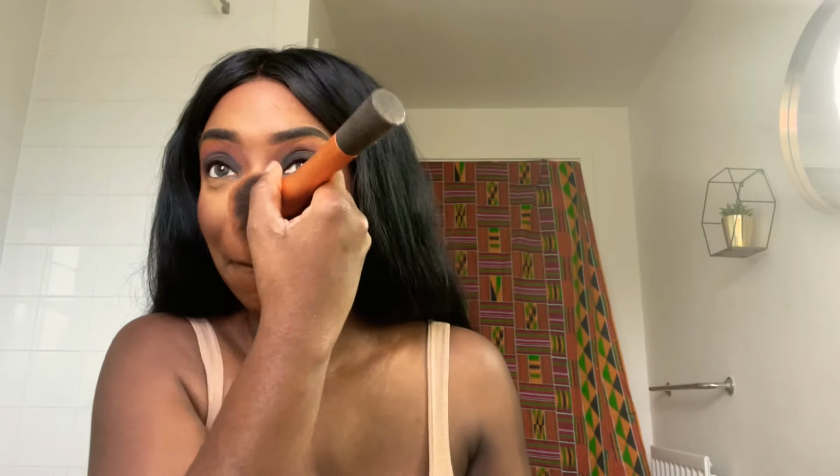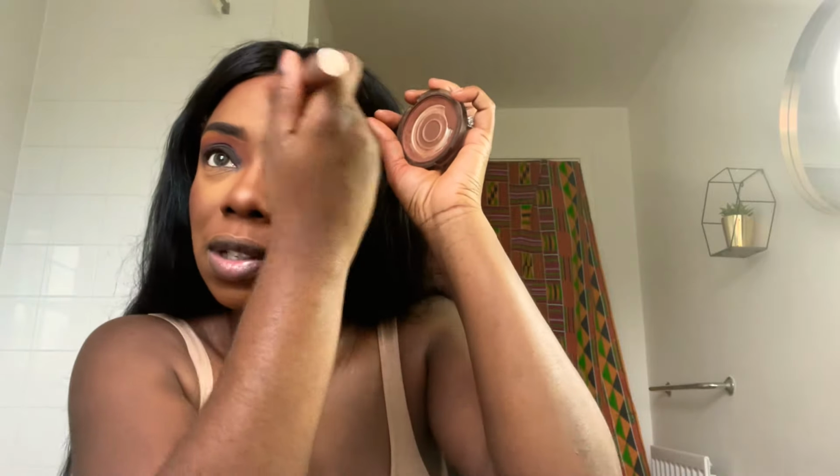Look at that. Look at the transformation of my nose. My big nose is now a narrow nose. And then I'm gonna blend that out, but I don't like to blend out too much because I like the contour to show. Lightly, ever so lightly, I'm just gonna go with my CoverGirl Ebony Bronzer. I don't really need to be honest, because the contour has done everything for me, but